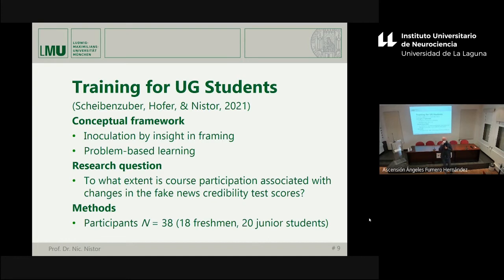So we have done a course, a seminar at the university for undergraduate students. Our participants were a group of students in the first term, so freshmen, as they say in America, and the other group of students were still in their bachelor's or undergrad study, but I think it was the 5th semester. Well, and they worked in this course with framing, analyzing fake news